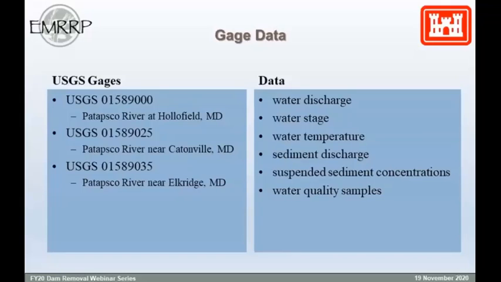And the Elkridge USGS gauge is located farther downstream, below Simkins and Bloede Dam. All of these gauges have water discharge, water stage, water temperature, sediment discharge, suspended sediment concentrations, and water quality samples. So as you can see, this site has lots of data,